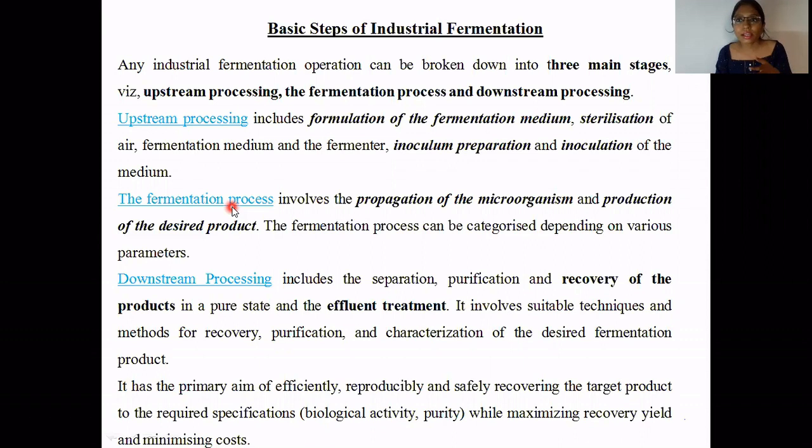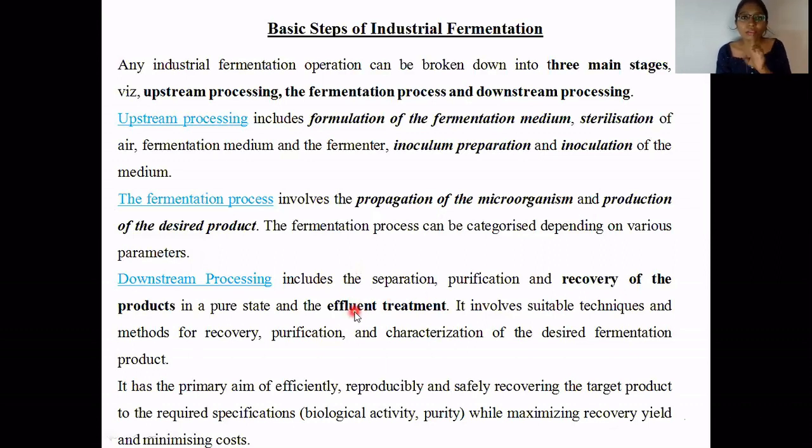The steps after the microorganisms' work is over all come under the downstream process. If you want to define downstream processing, it means we first need to separate the product, purify the product, and then recover our product so that it can be packed and supplied to the dealer in pure form or in the form they want. Plus, the main thing that everyone forgets is the effluent treatment.